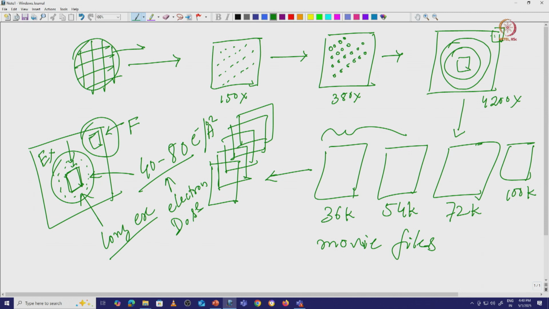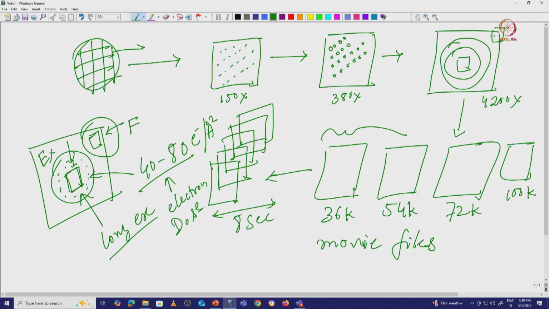And if we just collect an integrated image, you are going to restore that drift within your image, not the sample, within your image all this drift will be stored, and that is going to affect your high resolution data analysis. That is one of the reasons we are collecting a movie frame for 8 seconds.